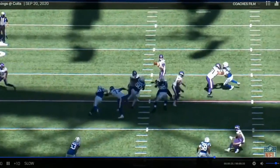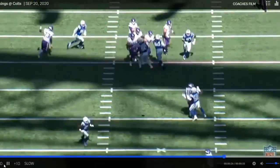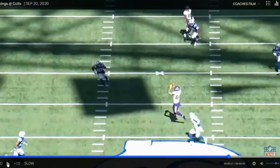as this ball is thrown. It's a little high, so Irv Smith has to go up high to catch this football. But he's got it. Both hands on the football. Blackmon right here, closing in quickly. As he comes down,